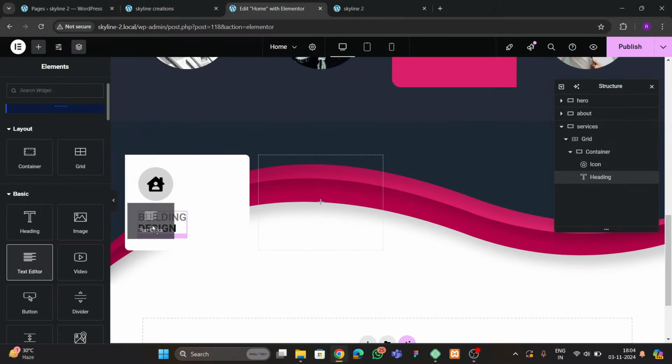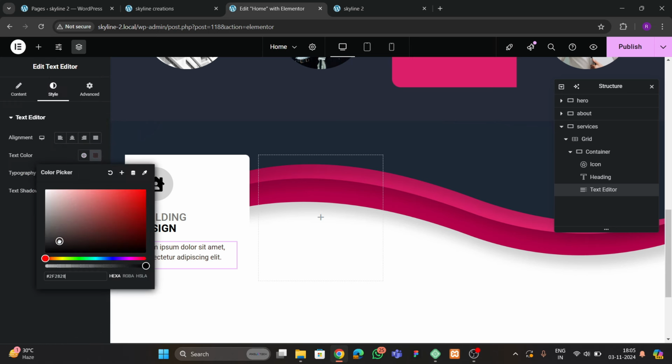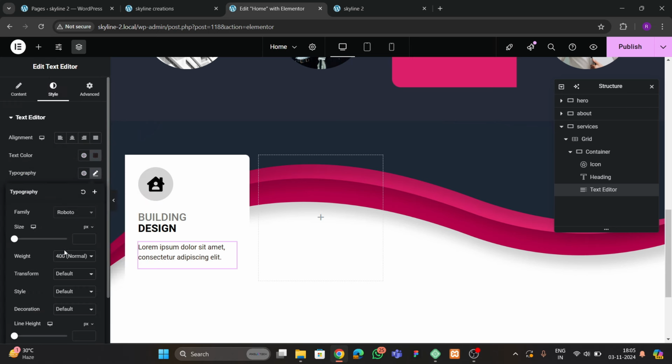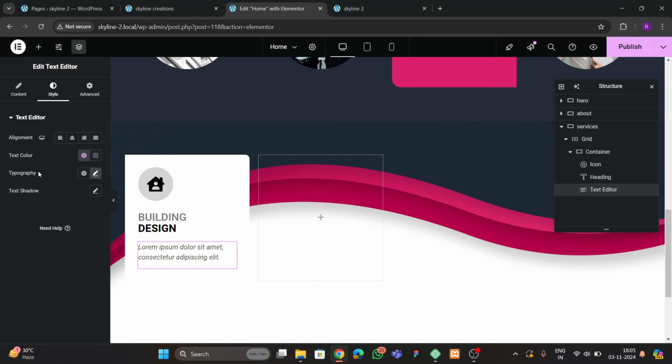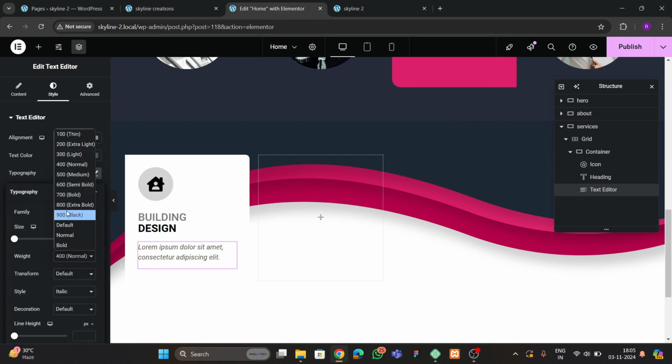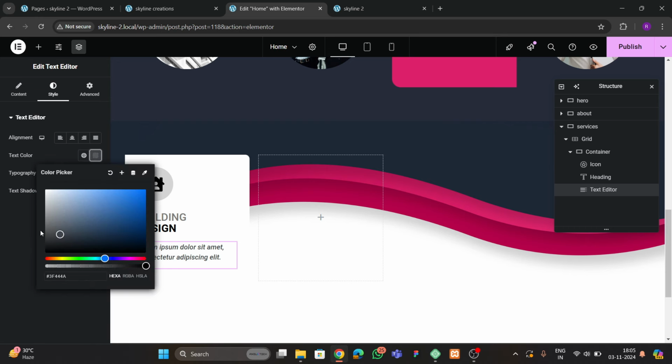You have to just drag and drop this, and here we're gonna remove some text from this, make it shorter. So now we can make this completely not black like this, and we're gonna make this italic. Okay, or we can choose the color from here, secondary, and we can make this 600, or we can make this 500. Okay,